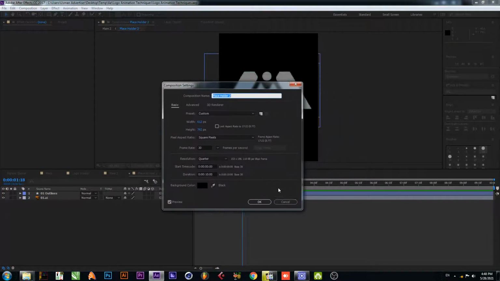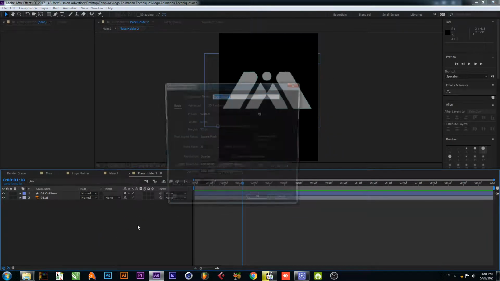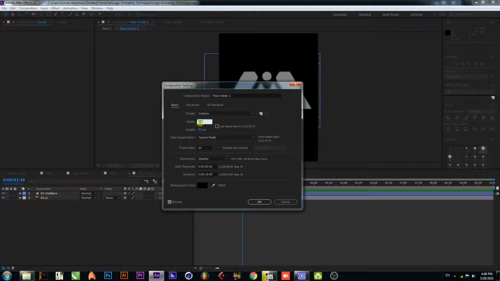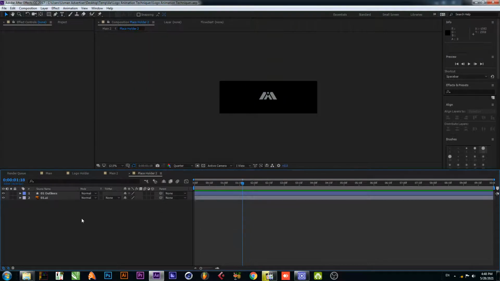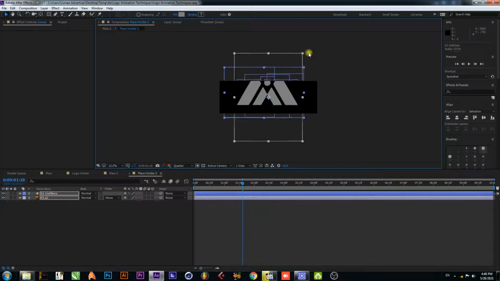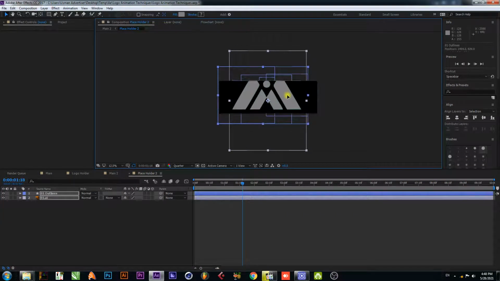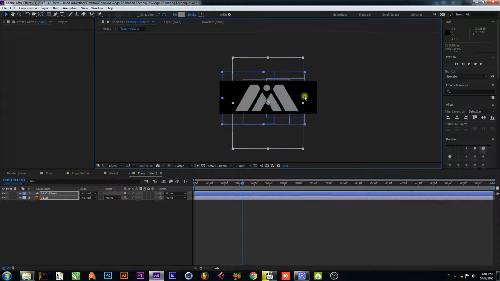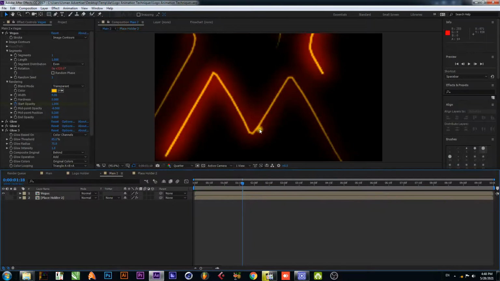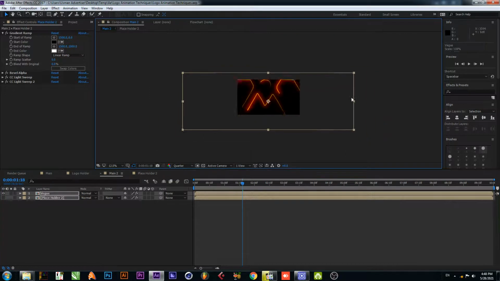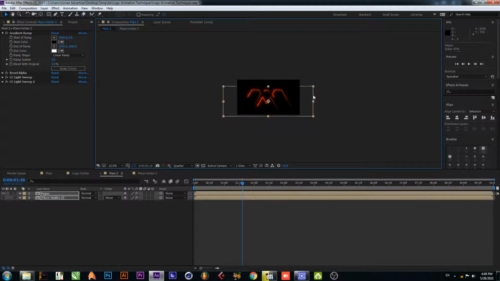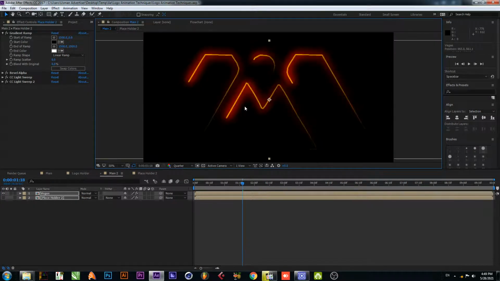change the logo holder composition setting and its size to 3000 by 1000 and scale your logo. Okay, now go back to main and scale down and set the position. Okay,